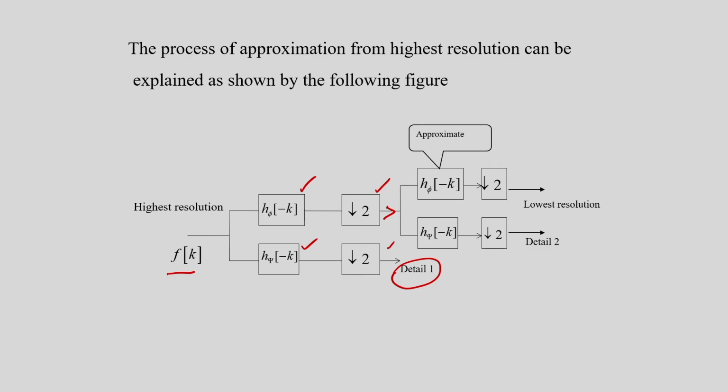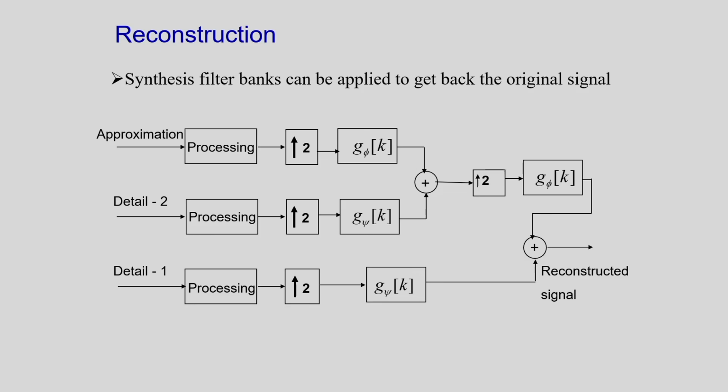From this approximate information I can again do the decomposition. So for this I am again considering the low pass filter and the high pass filter. So I will be getting the approximate component and the detailed component. So the detailed information I am getting is detail 2, and after this I can do the downsampling to get the lowest resolution. So like this I can implement this decomposition, and this is nothing but the multi-level decomposition. And for the synthesis, for the reconstruction, the opposite is this,